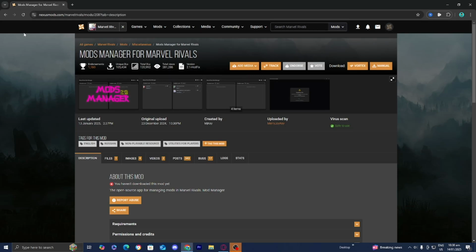In this video, I'm going to show you how to easily download mods for Marvel Rivals. The first thing you want to do is press the first link in the description down below, and then it is going to take you to a website that looks like this. And from here, you'll be able to download the mods manager for Marvel Rivals, which you will need in order